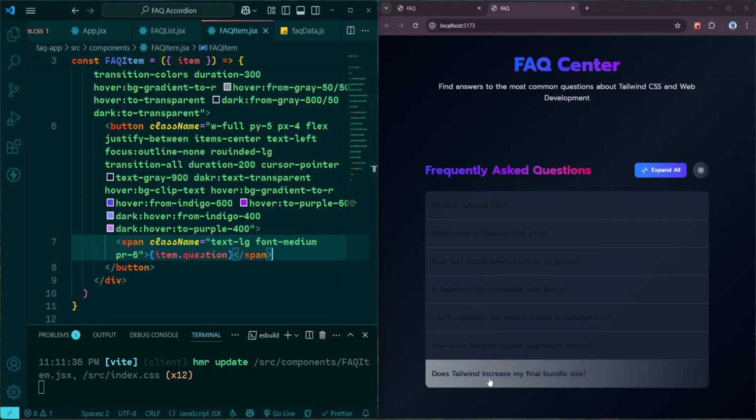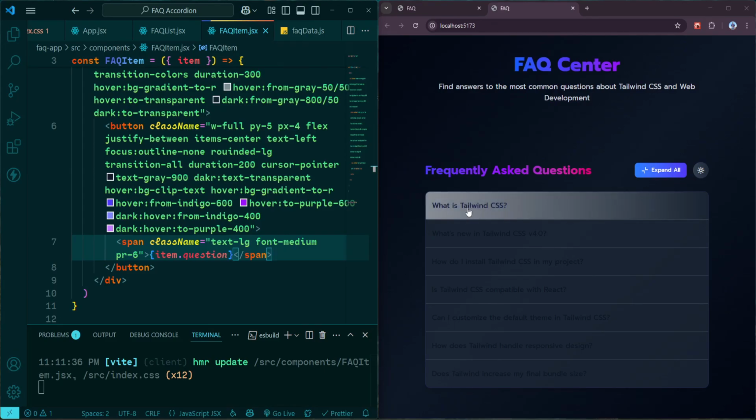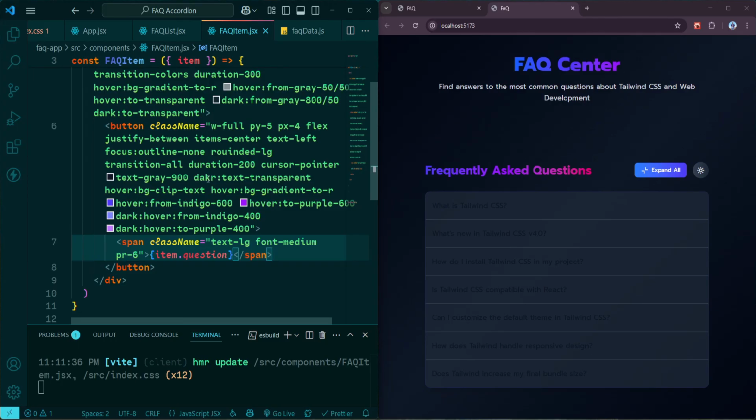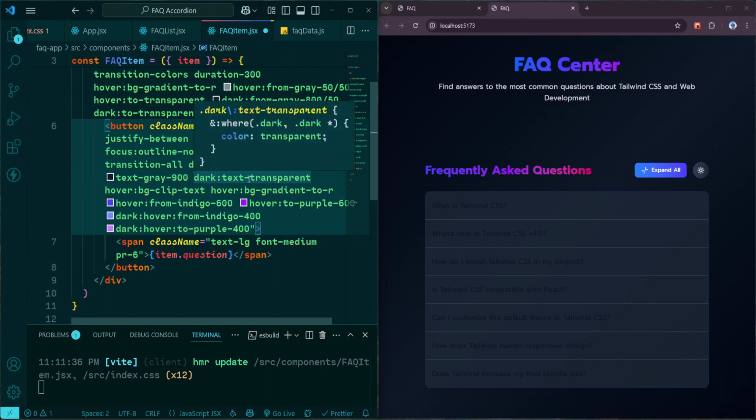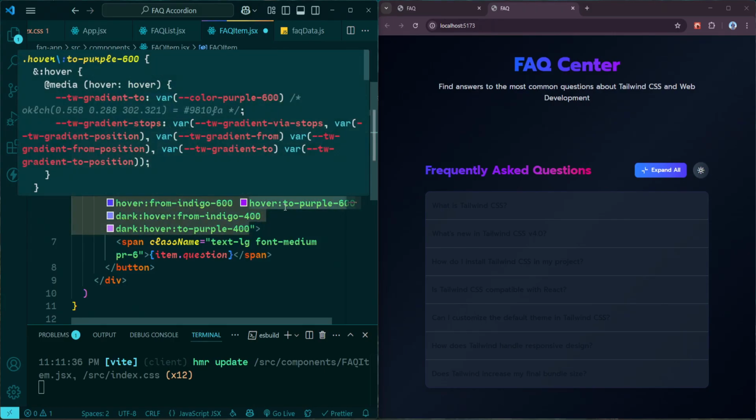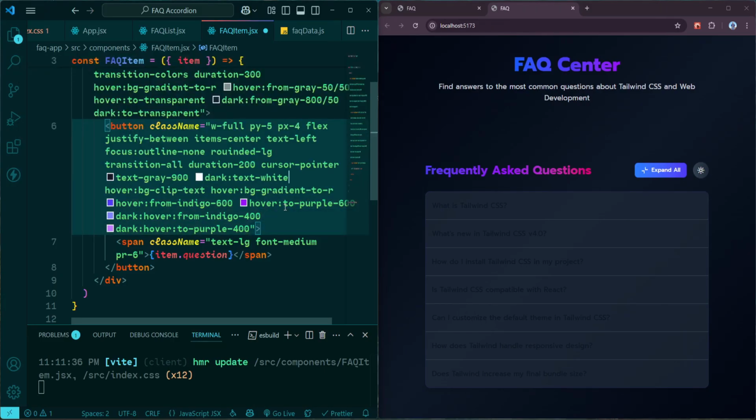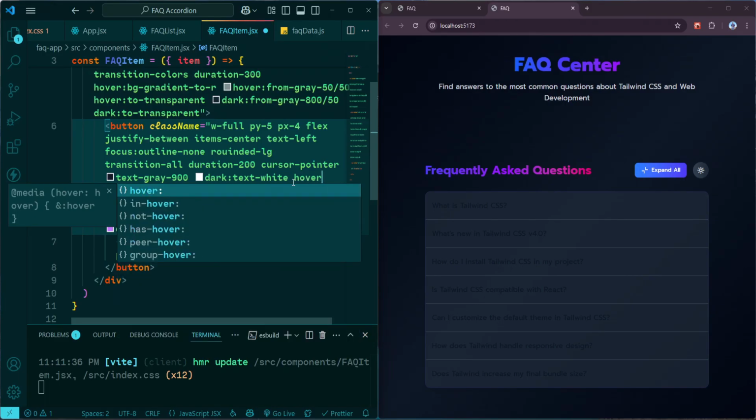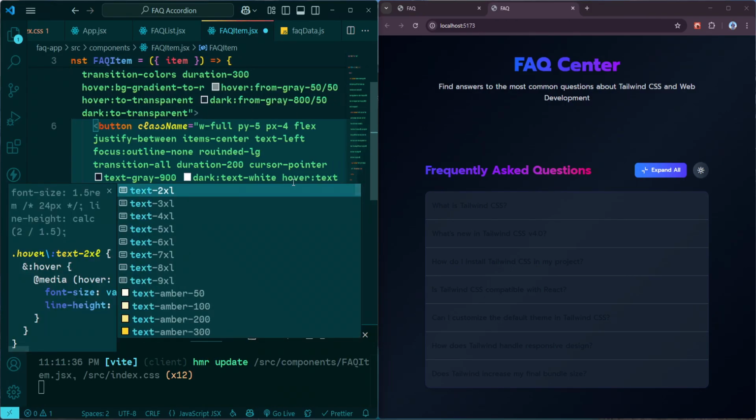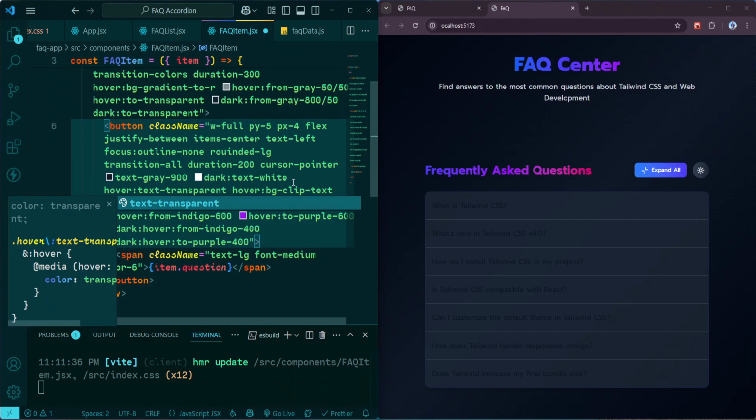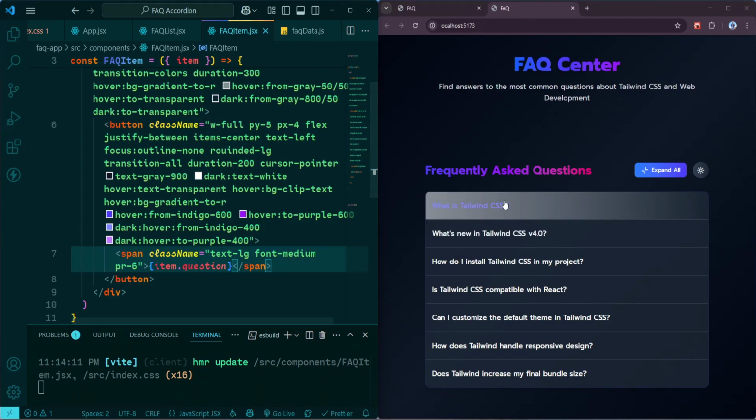Well, we have here the questions, but something's wrong with the design. Let's find dark mode. Well, here we have the typo. We need dark. And actually not text transparent. We need text white for sure. Then we need hover with text transparent. Now let's save. Alright, so as you can see, now the text colors are white, but actually I